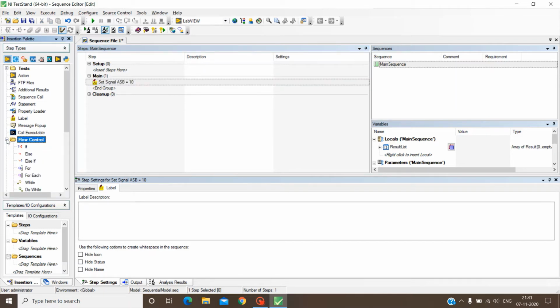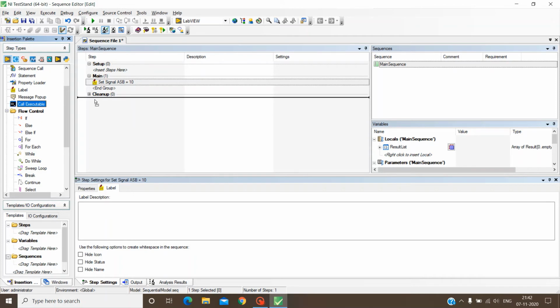Here are the few flow controls you can see. You can find almost all the flow controls: if, else if, for each, while, do while. There are many other flow controls and a call executable. A call executable is something like,